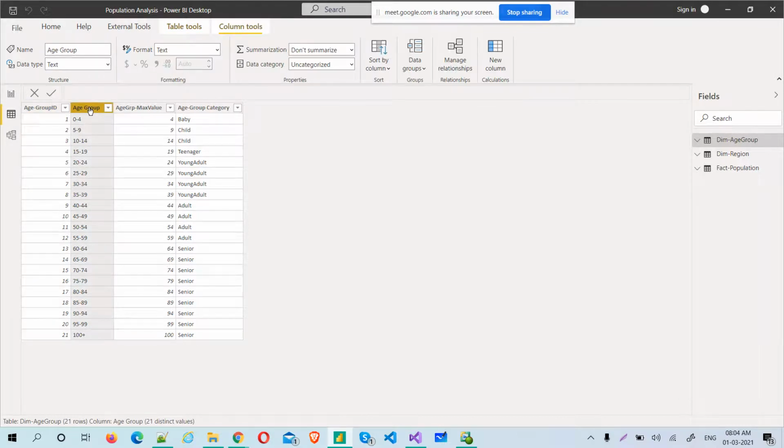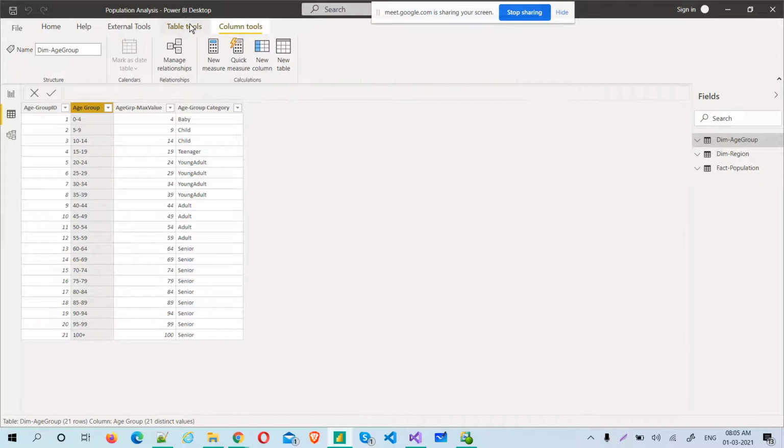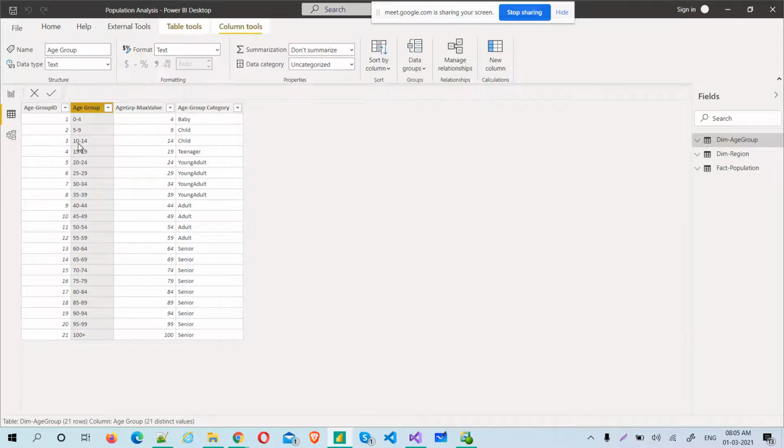Table categorization, I think we have not seen, because dim date has not yet come into our analysis. Maybe in another project the date time will come, so that I can categorize that table as a date table, which will give you a different view of the data.